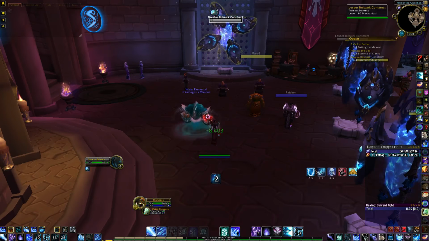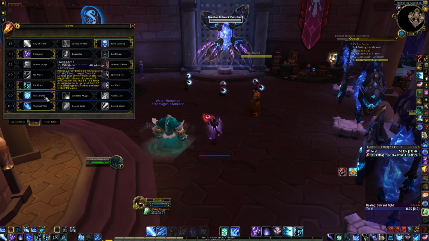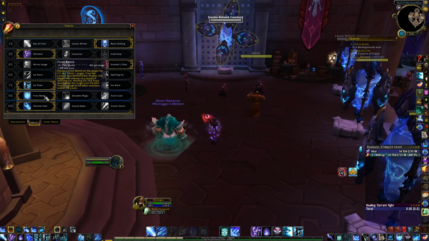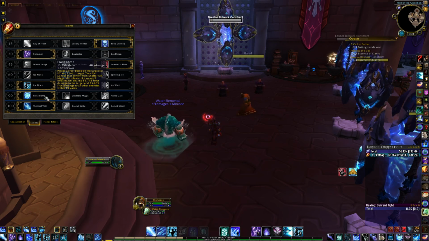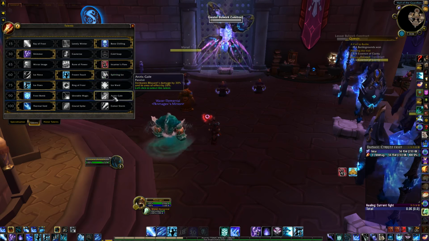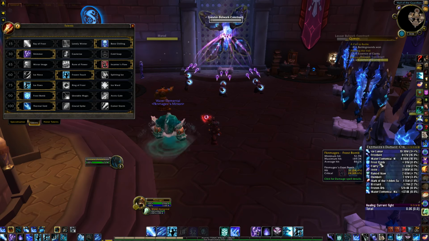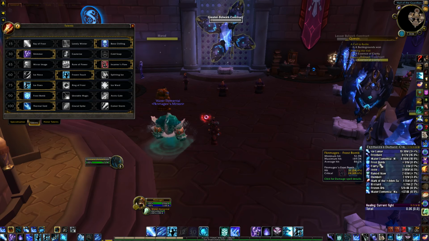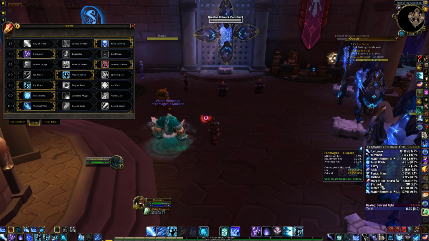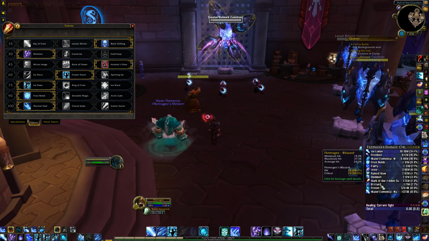But there's sort of a heated debate between Frostbomb and Arctic Gale. Frostbomb's pretty tough to keep up in a raid environment, in an actual fight. Arctic Gale will give you 30%. But even if you don't really have it up all the time, Frostbomb is going to give you more. I didn't really have a lot of uptime on Blizzard there, but that's mostly because I'm trying to manage my